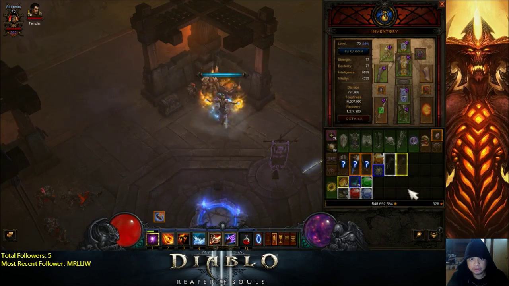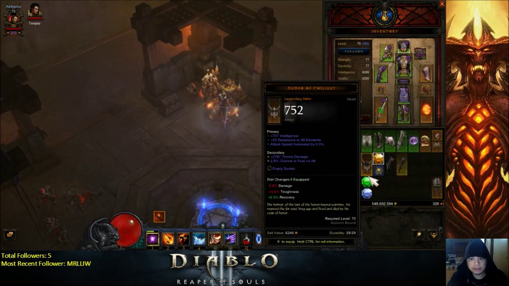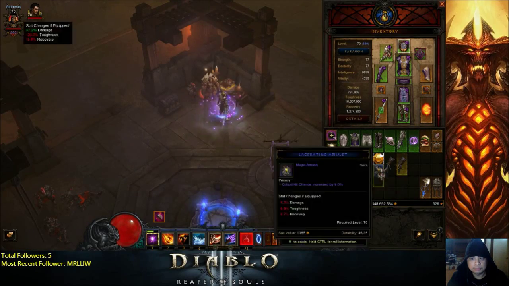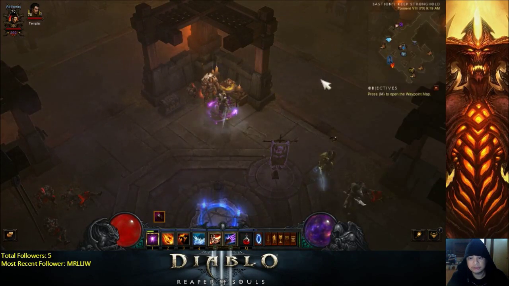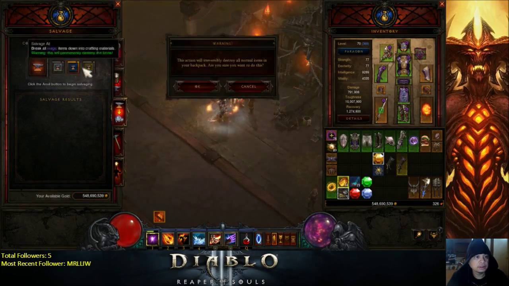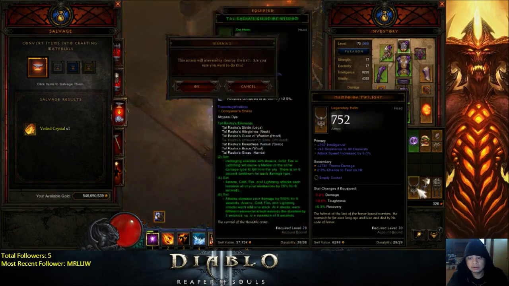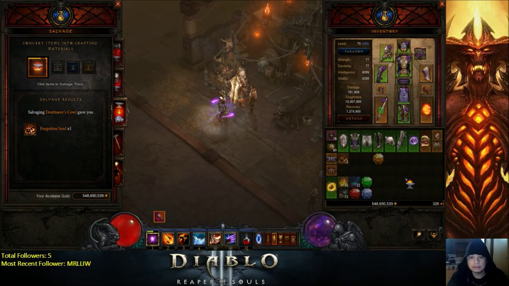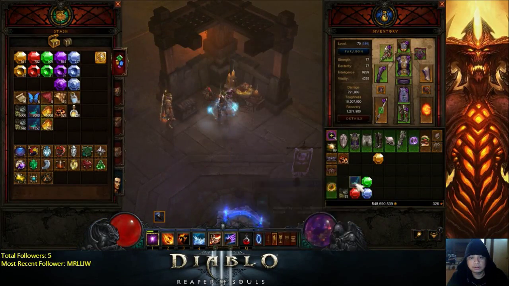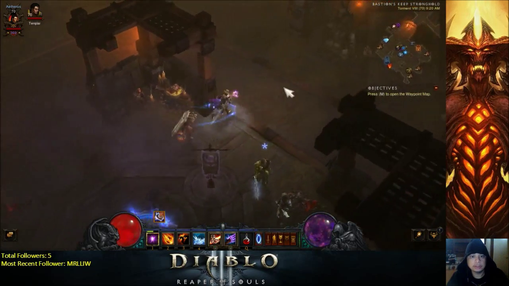Let's see what legendaries we got here. Death Seeker's Cowl, Schaefer's Hammer, Menpo of the Twilight, pretty much crap. Not useful for me. Okay, let's put this away. Okay, let's take a look at